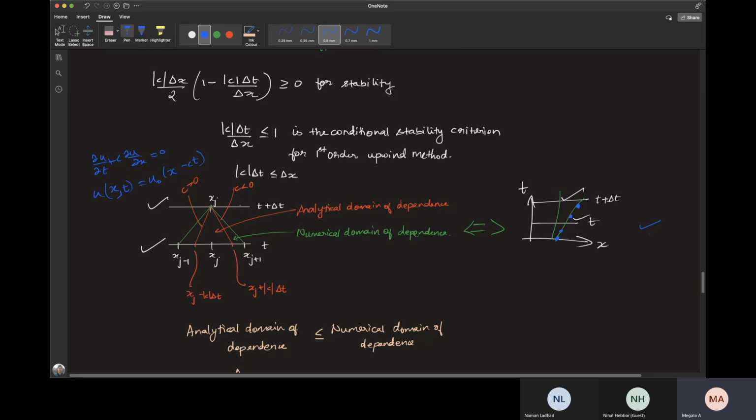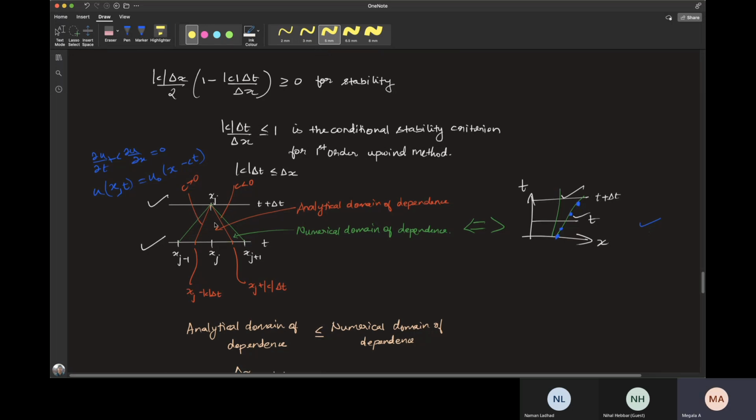So now through this point xj, we will be having some characteristic passing through it. Physically we will be having either of these red lines depending on the sign of c. So if c is greater than 0, we'll have this red line, and if c is less than 0, we'll be having this red line. So it's one of these only will be passing through this point xj, not both of them, and it depends on the sign of c. I've just represented both of them here.